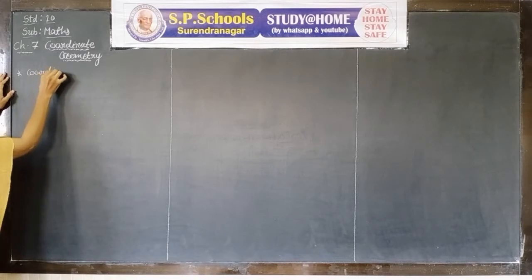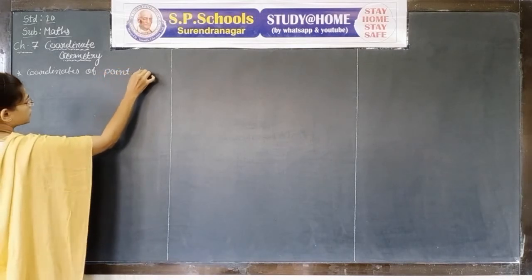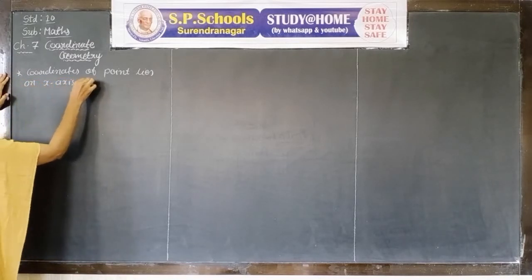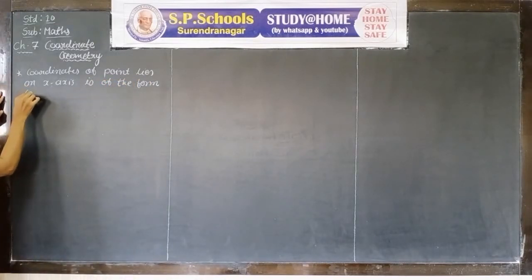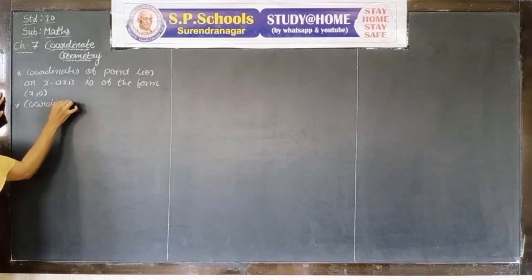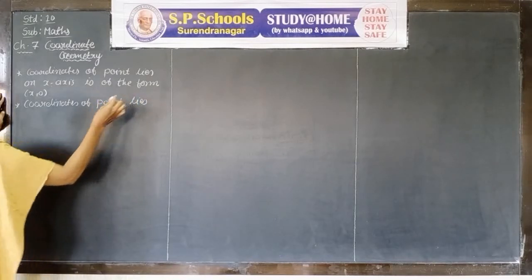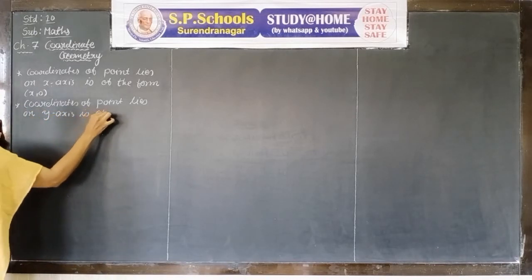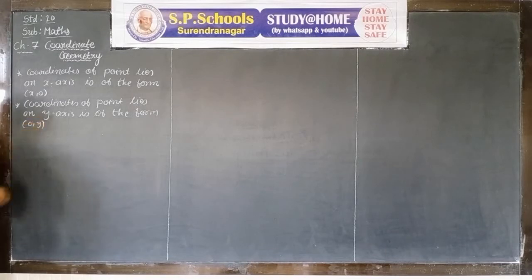Coordinates of a point that lies on the x-axis is of the form (x, 0), then coordinates of a point that lies on the y-axis is of the form (0, y). Always a point lies on a